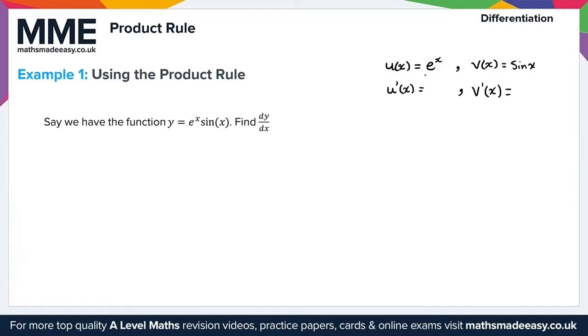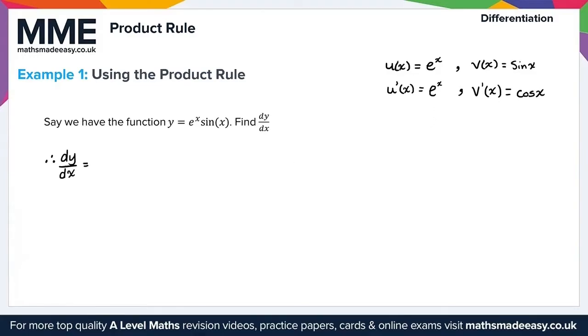Well, the derivative of e to the x with respect to x will simply give us e to the x there. Okay, so that doesn't change. And for the derivative of sine x here with respect to x, that would just simply give us cos x. Okay, so we've got everything we need now. What we simply need to do is apply the formula for the product rule. So therefore, dy by dx